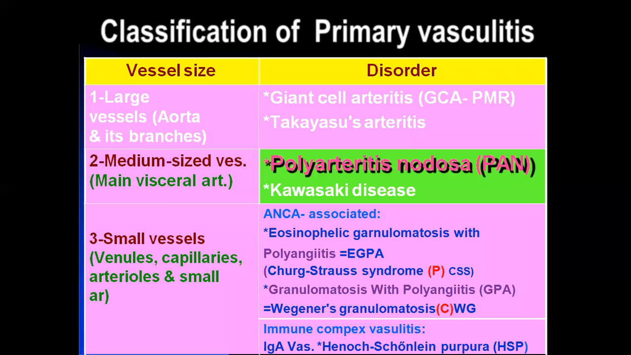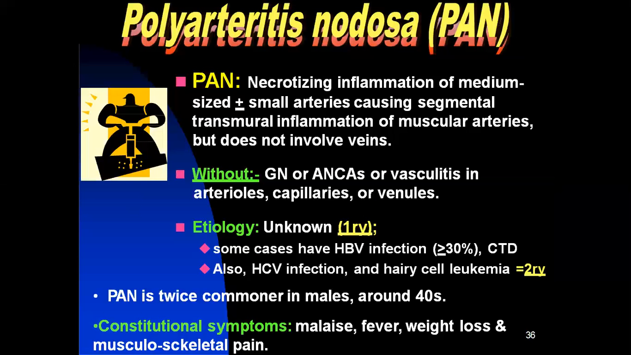in which the very first we have polyarteritis nodosa. Polyarteritis nodosa, PAN, is a necrotizing inflammation of medium-sized and small arteries causing segmental transmural inflammation of muscular arteries, but does not involve veins. So the characteristic feature is there is no involvement of veins. As in the earlier lecture, we have considered that there might be continuity between the small arteries and the veins, but here